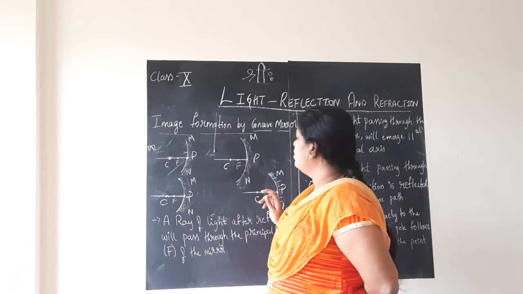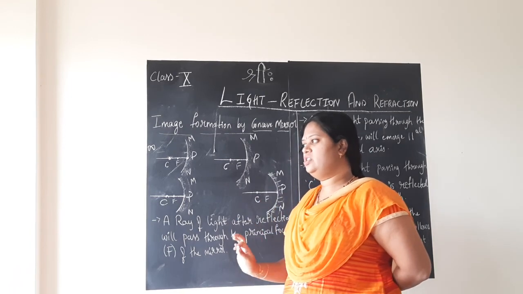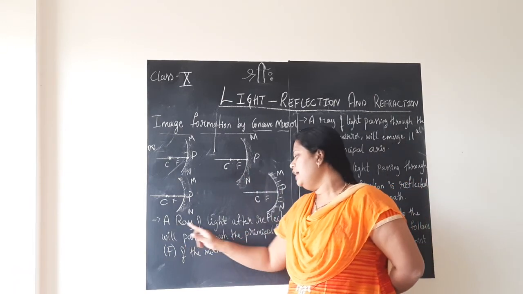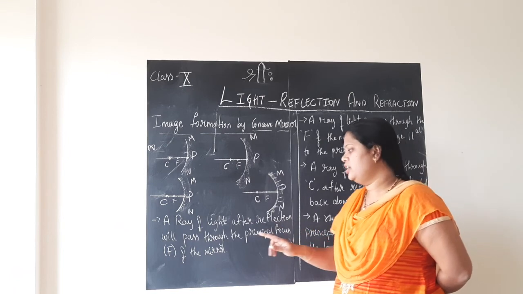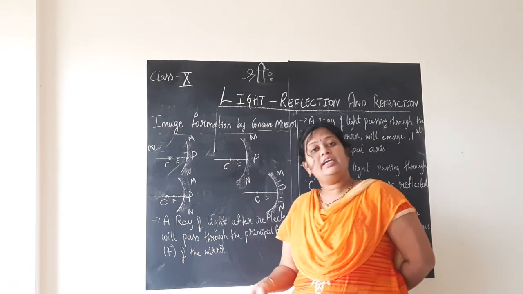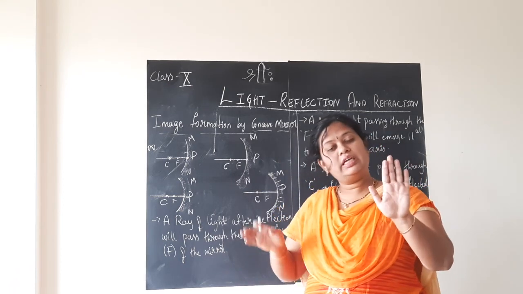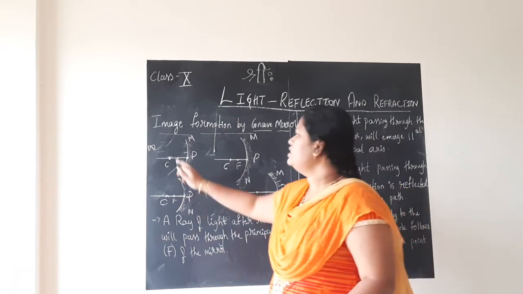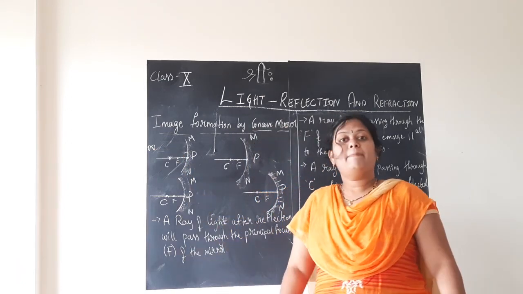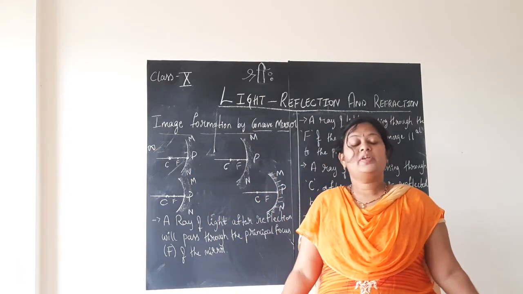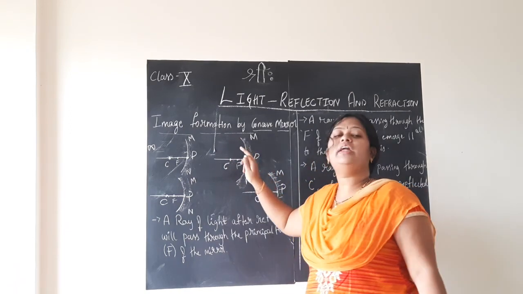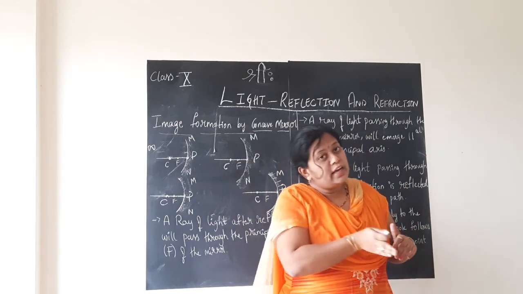Now, what we are going to learn is, first thing, children, we are drawing the concave mirrors like this. Very first point is, a ray of light after reflection will pass through the principal focus of the mirror. When we studied the process of reflection with respect to concave mirror and convex mirror separately, we simply used to draw the rays, reflecting on the mirror. But now, children, you cannot do that. You can do that, but how? If you send the incident ray straight onto the mirror, how does it reflect?